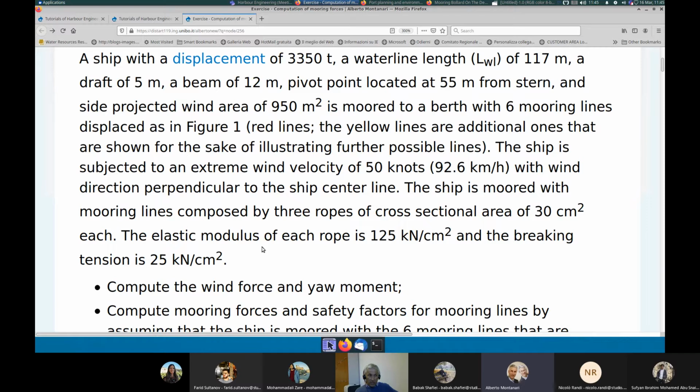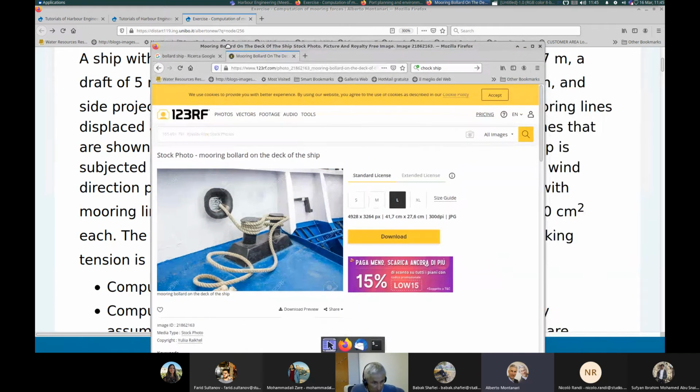The ship is moored again with mooring lines composed by 3 ropes of cross-sectional area of 30 square centimeters each. This is a typical situation. Look again at the figure here. You see that the mooring line, which looks like a unique rope, actually is given by the composition of more than one rope, and they are joined together, okay? And this is in order to